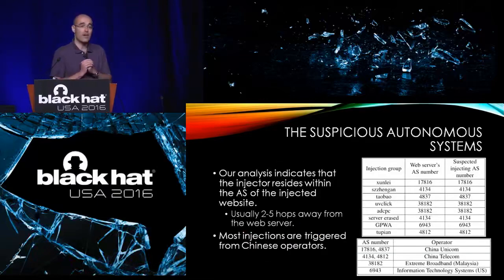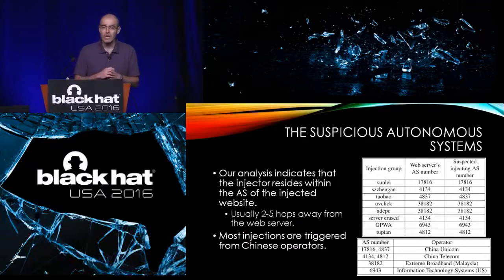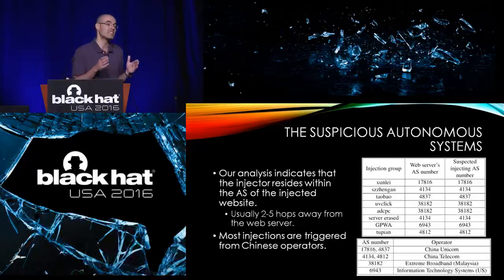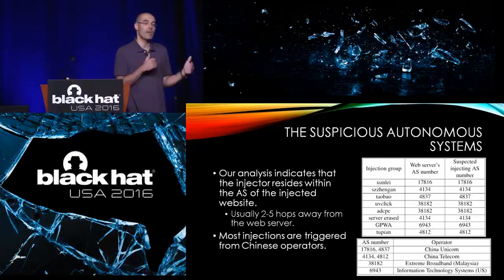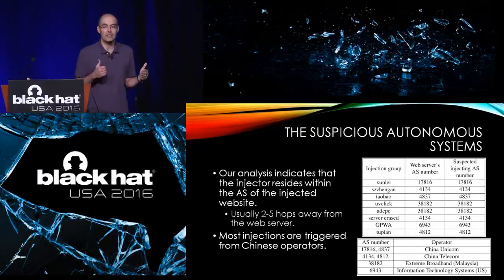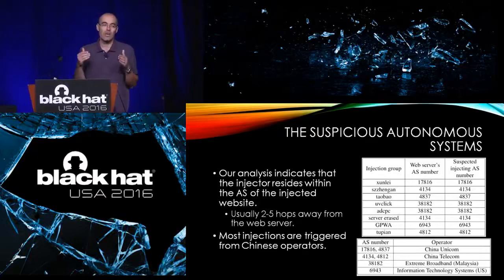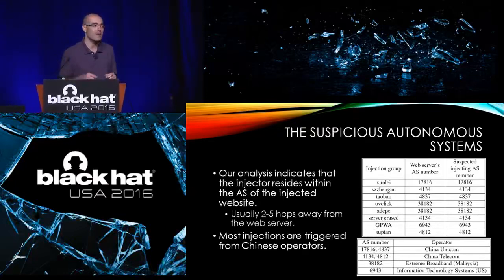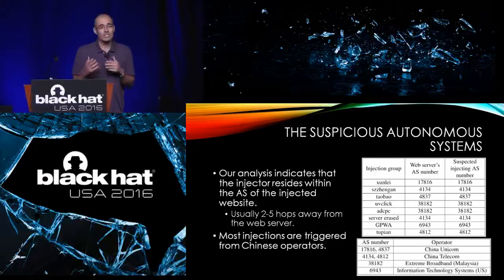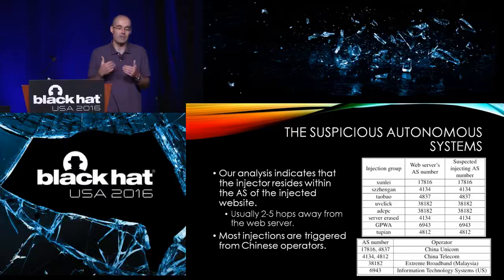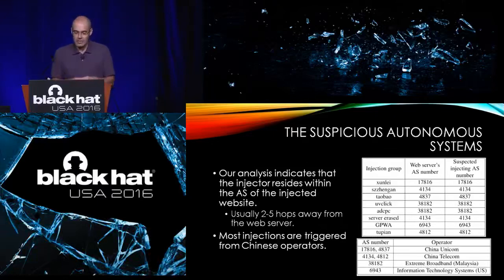And these are the results of our analysis. As you can see here, in most of the injections, we've seen that the injector resides only 2 to 5 hops away from the actual website that was injected, pretty close to the actual website. In all the cases, the injector resided within the autonomous system of the website, which, if you think about it, makes sense because the injector would like to sit as close to the web server as possible. And as you can see in the table,